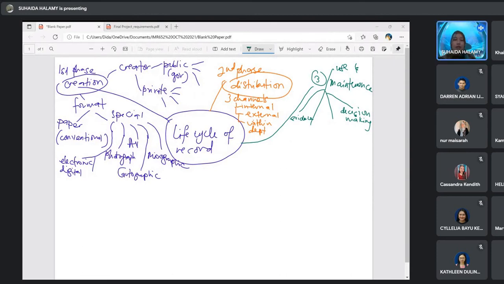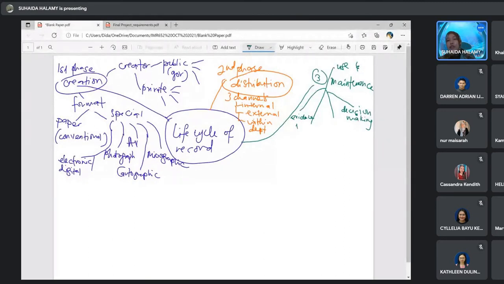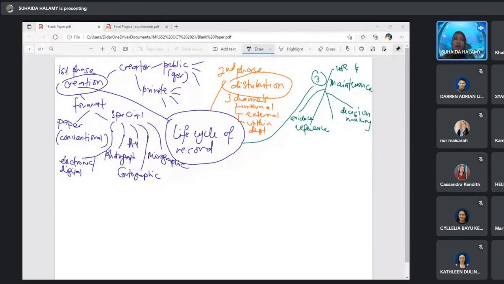We use record for the reference. That's why when you do your assignment, lecturer will ask you to do reference. Because when you do your assignment with the reference, the information or the content is reliable to be used because you have the reference.